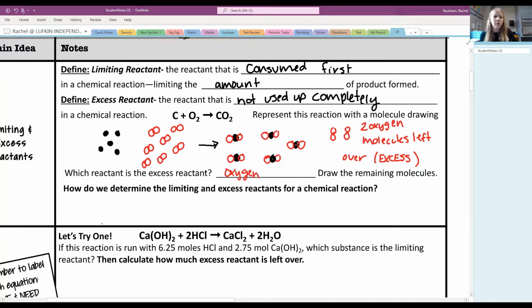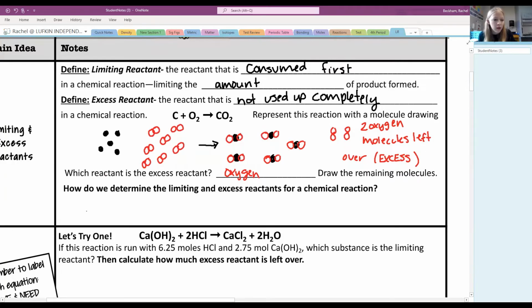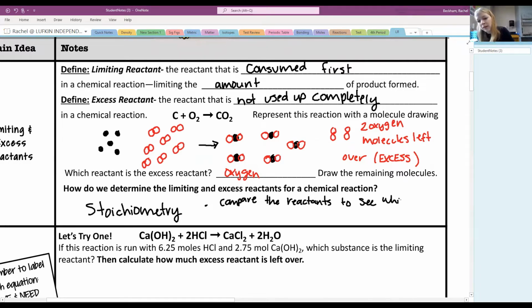So how do we determine the limiting and the excess reactants for a chemical reaction? The answer to that is stoichiometry. We're going to do the same thing that we did before, but we're going to basically go one step further, okay? So we're going to compare the reactants that we have to see which one produces the least product,